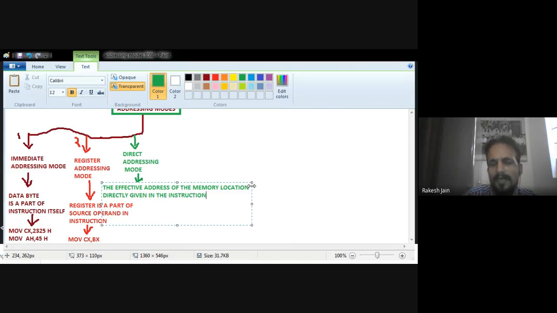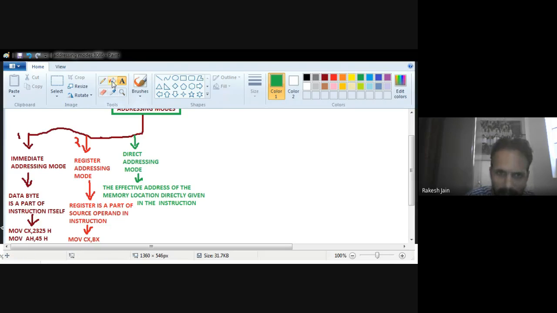If the effective address is directly given, then that is known as direct addressing.